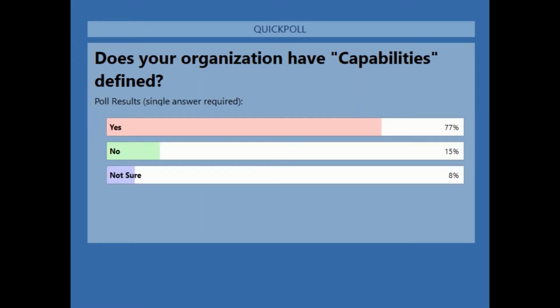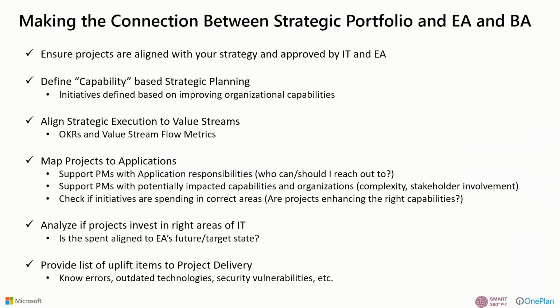I've closed the poll, but you can see here that we have a fair amount of representation of folks that do have capabilities defined, and that's probably an easier first step than doing the next question I'm going to ask, which is on value streams. Thank you for answering that. Let's go into our second